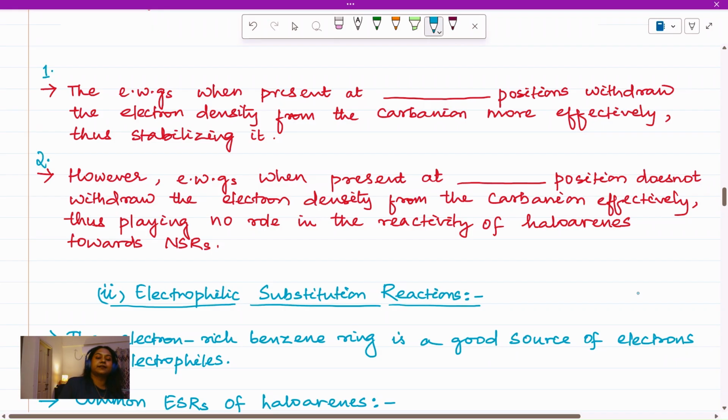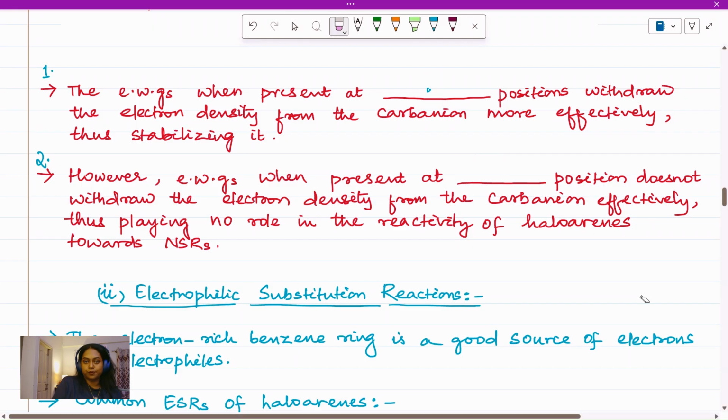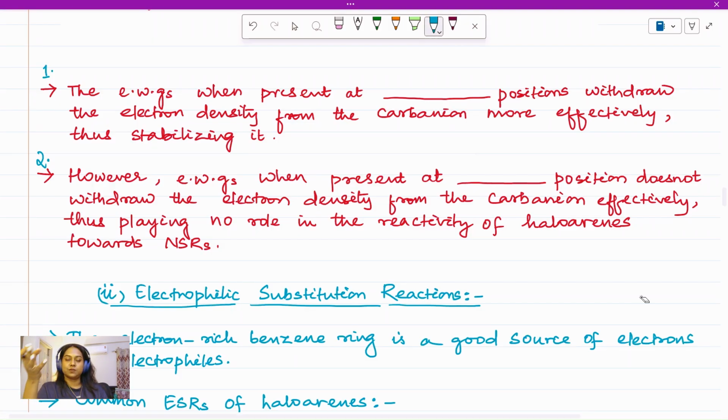There are 2 points written in red ink, point 1 and point 2. Read these 2 points out and tell me what I fill up in these blanks here. Take some time, read the points out, Gaurav, and I actually want you to answer me what I should fill up on the places here. And do the same, you guys as well. Whenever you're ready to answer, Gaurav, let me know. Okay. So for the first question,